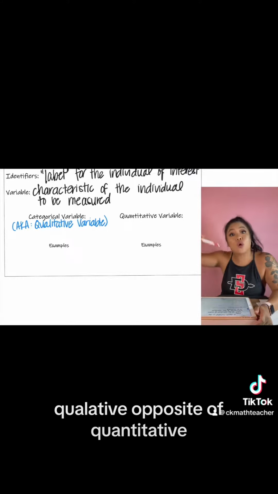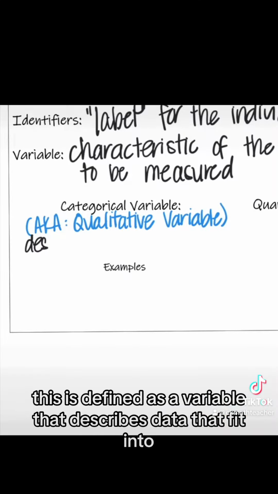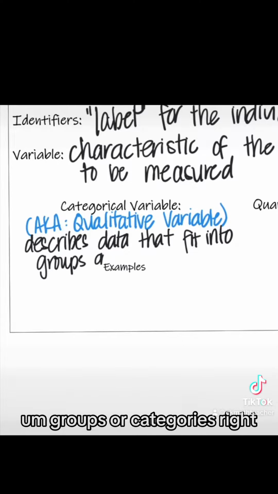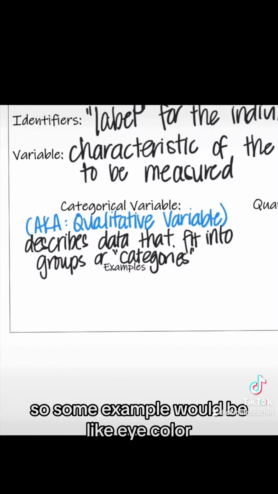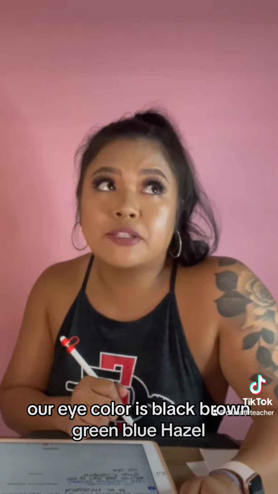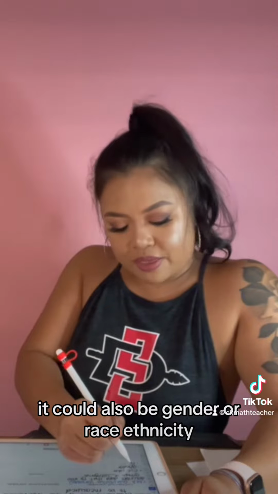Qualitative, opposite of quantitative. This is defined as a variable that describes data that fit into groups or categories. Groups or categories, right? That's why it's called categorical variables, categories. So some examples would be eye color. Are your eye colors black, brown, green, blue, hazel? It could also be gender or race, ethnicity,